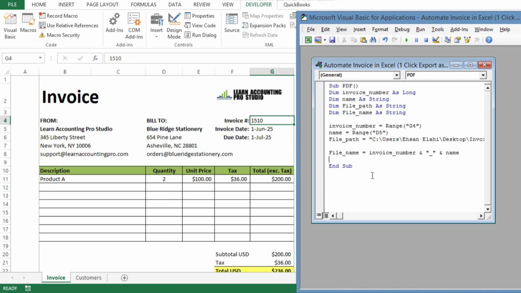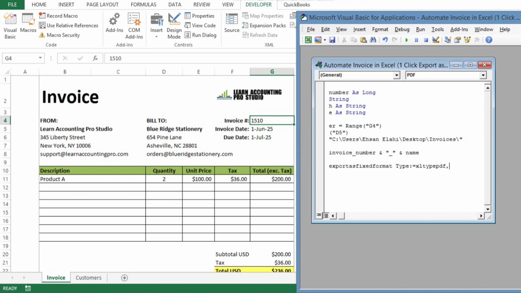So type active sheet dot export as fixed format space type colon equals to Excel type PDF comma ignore print areas